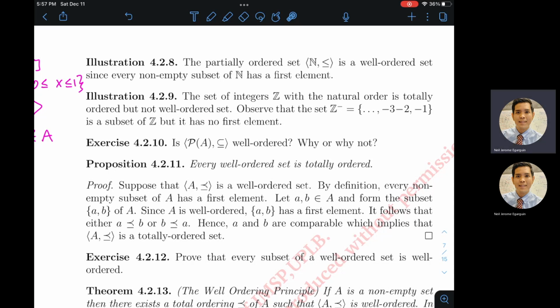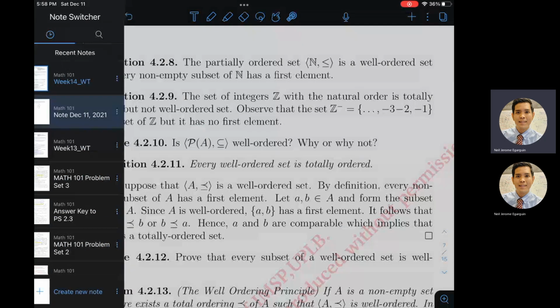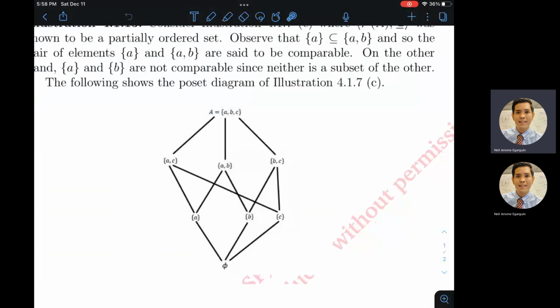Okay, so I hope you got your answers written down. Let's see. To illustrate, the answer here is no. Hindi well-ordered ang power set together with the inclusion relation, right? To illustrate this, let me go back to this previous example that we have, all right? It is not a total order. It is a partial order, pero okay lang yon